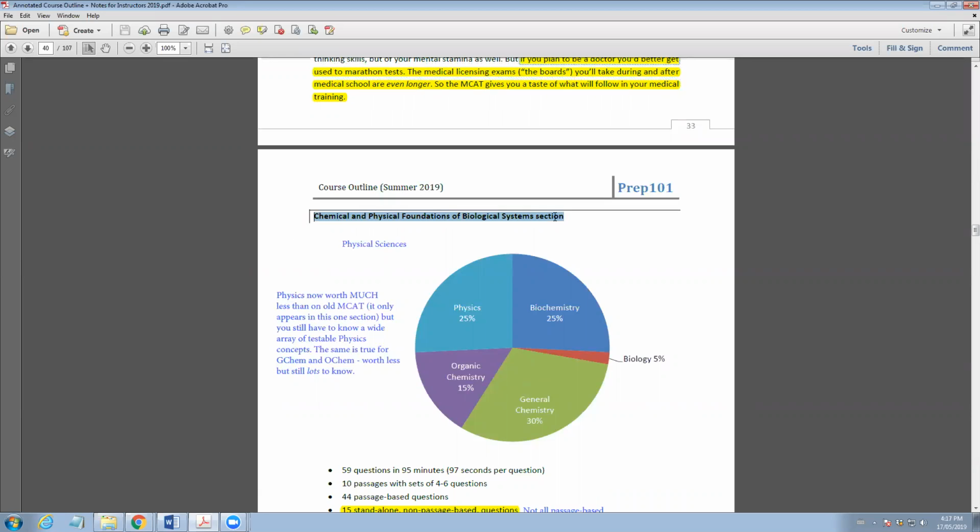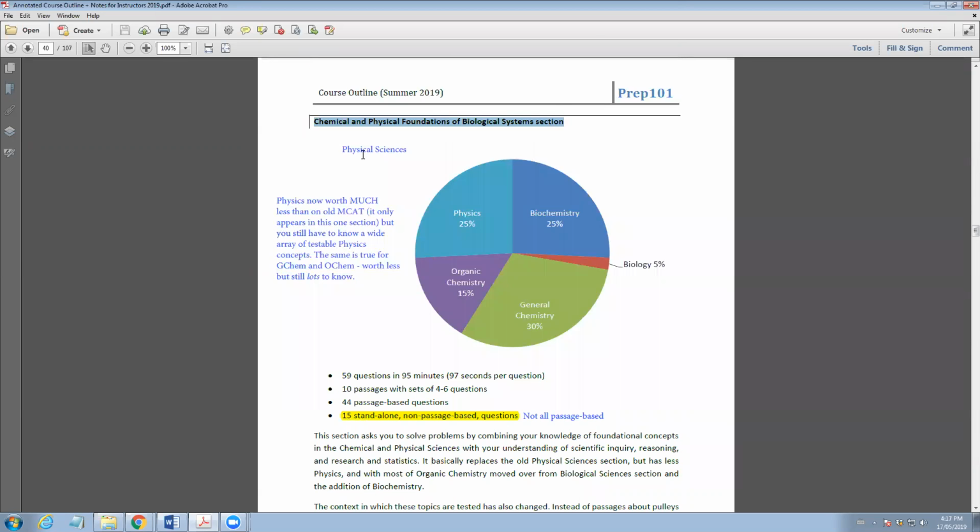In the next little part, we go through the sections. So take them through the physical sciences section first. It has a breakdown of the different topics. The MCAT is much more interdisciplinary now than it was. The old MCAT was really just physical sciences and biological sciences. Geez, it's been so long, I'm having a hard time remembering. But anyway,